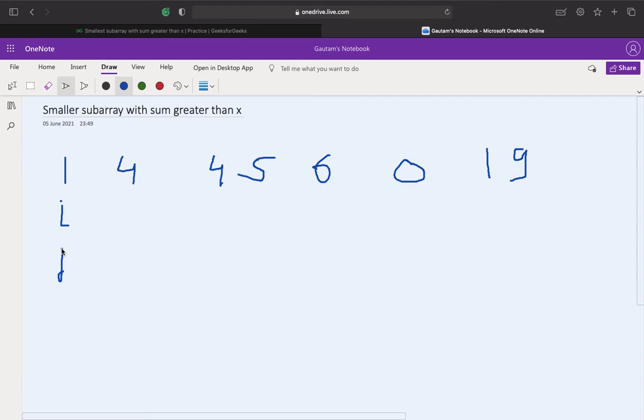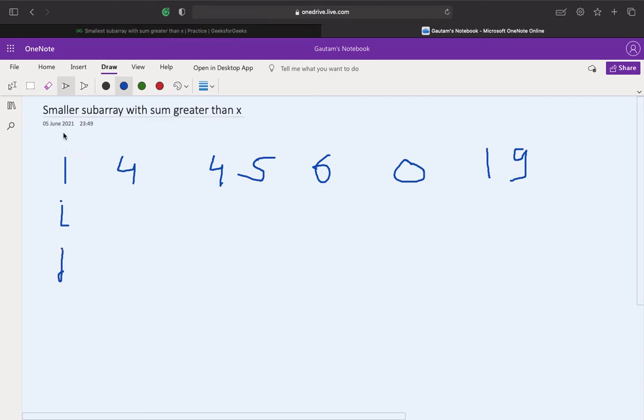If it is greater than x, we'll increment i, and if it is less than x, we'll increment j, and accordingly we'll get a subarray, and we'll keep on checking the length of that subarray. If at any point we get that the length of that subarray is smaller than the existing length, then we'll update it accordingly, right?